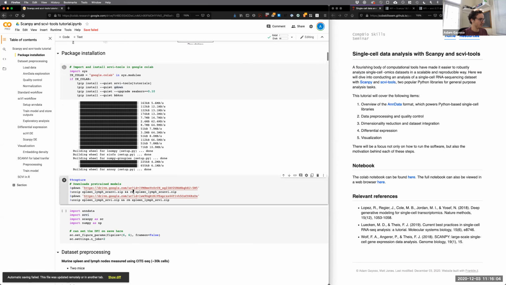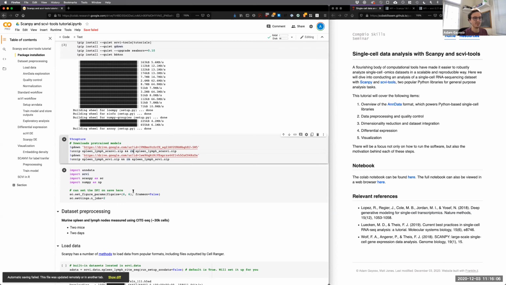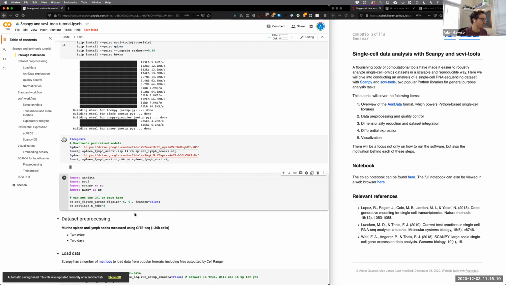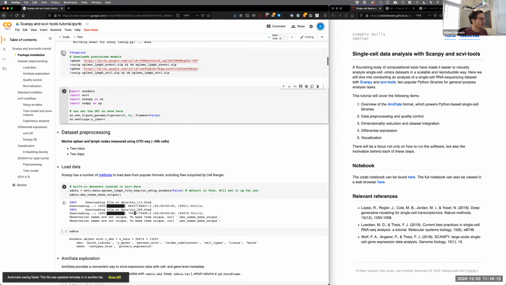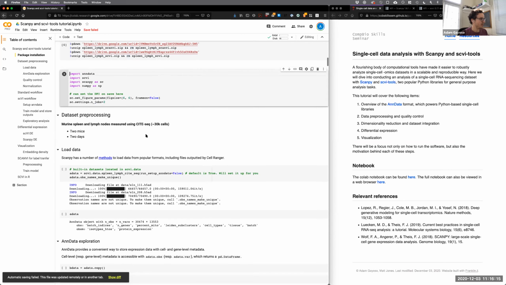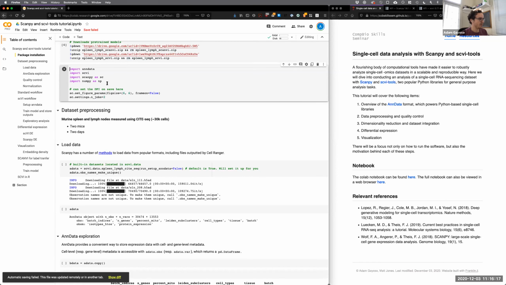So now that the packages are installed, I'm going to download some models that are pre-trained that'll be relevant later. This is just to save some time in this tutorial. And finally, I'm going to import the packages that we're going to use today. So mostly it's these three packages. So AnnData is the dataset object that I'll go in depth with. scvi is the package that we'll use to integrate datasets. And Scanpy is sort of this general purpose pipe library that would be similar to Seurat if you're familiar with